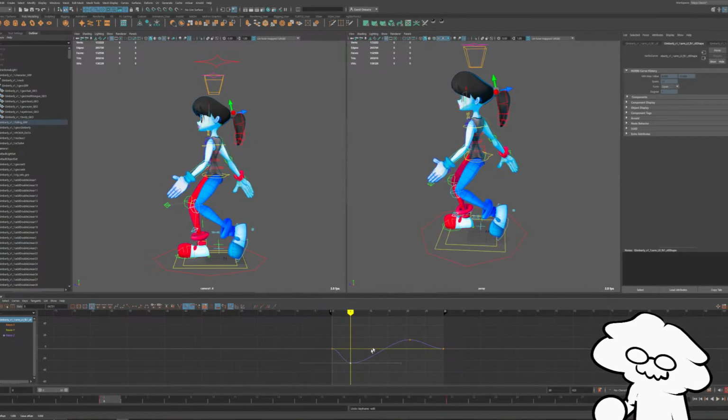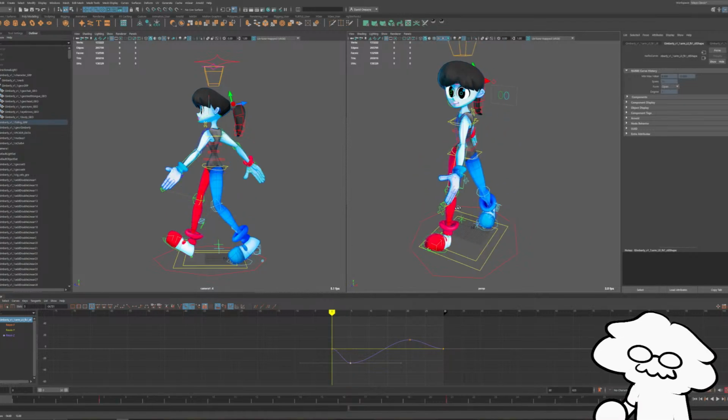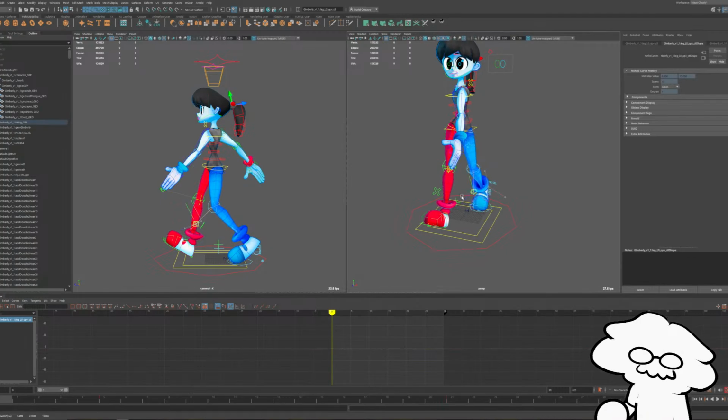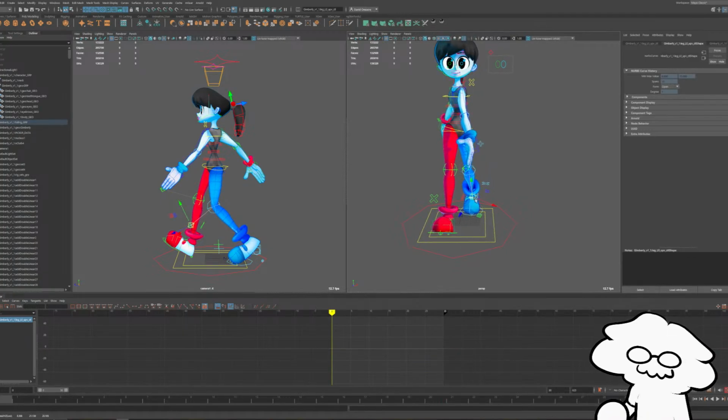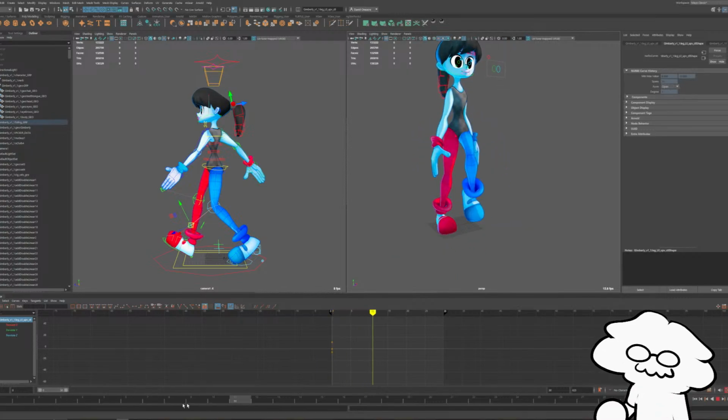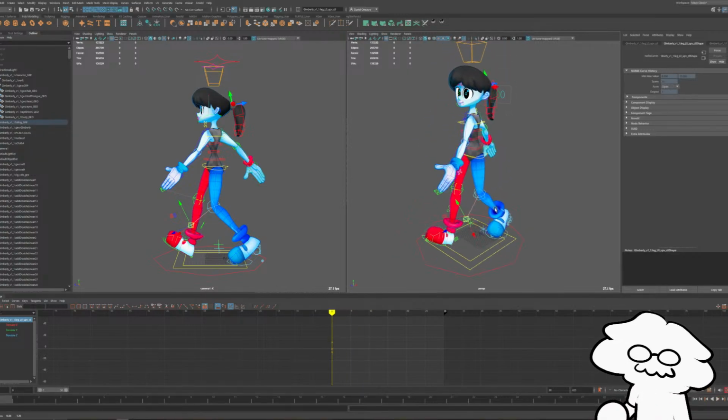Yeah, maybe. No, actually, I think I'll leave that as is. Also, my knees are pointing funny. I need to push those inwards a bit. Right around there. Otherwise, oh yeah, this is a problem with my rig in general.